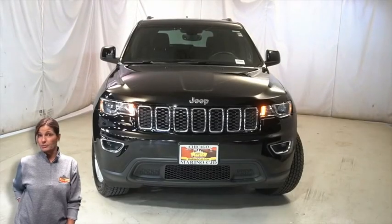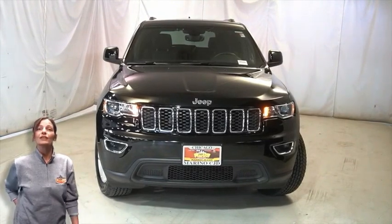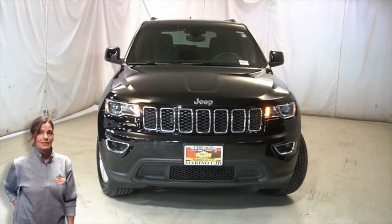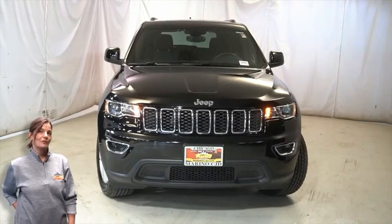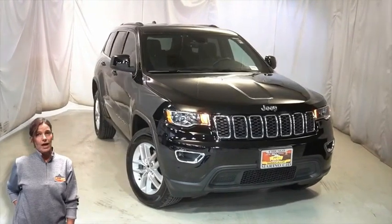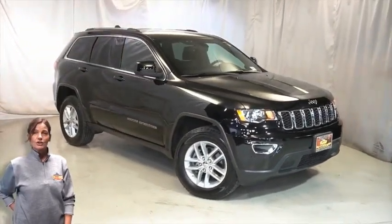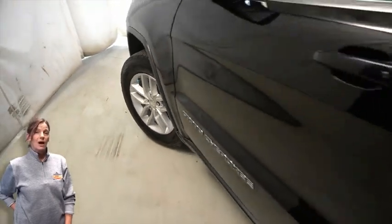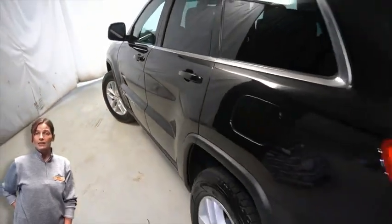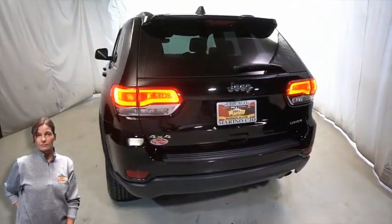Looking for a highly equipped SUV with all the right options and reliability? We'll take a look at this certified pre-owned 2018 Jeep Grand Cherokee Laredo in Diamond Black Crystal Pearl. With halogen quad headlamps, premium fog lamps, 18-inch aluminum wheels, power heated mirrors, LED tail lamps, power 8-way driver's seat,